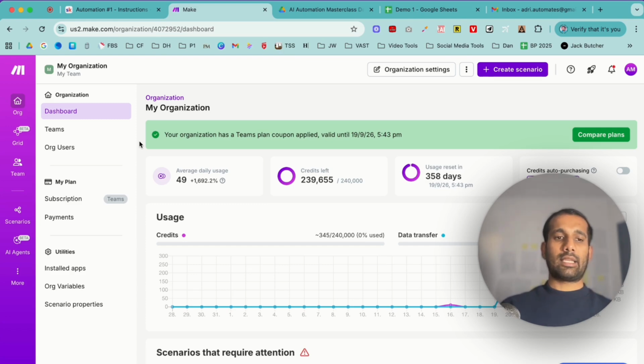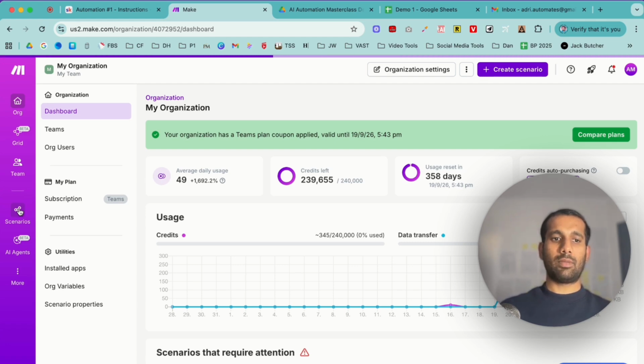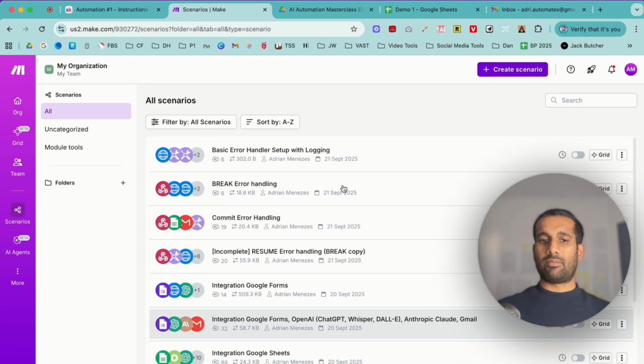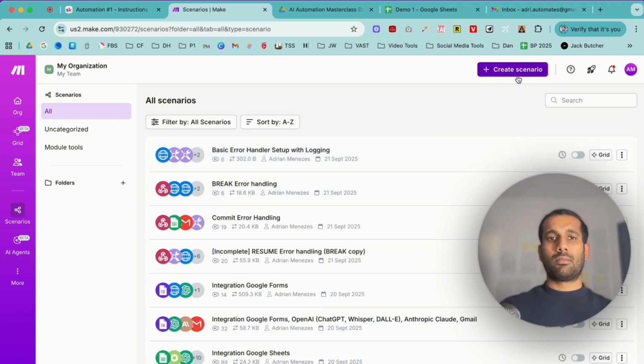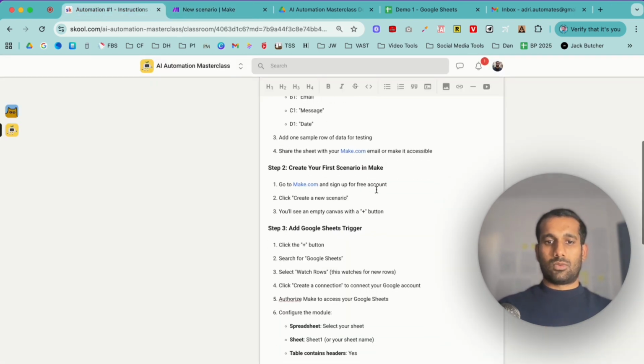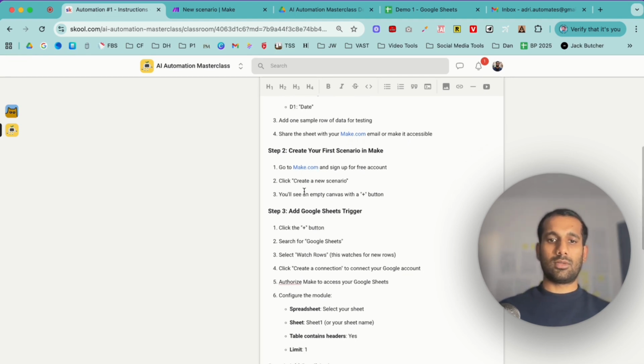So inside here, what you want to do is you want to come down to the scenarios tab, which is basically a list of all your automations. I've built a few out before, but for this video, we're going to be building one completely from scratch. So if I come up here and click this create scenario button, which if we go back to our instructions, so it says click create a new scenario,